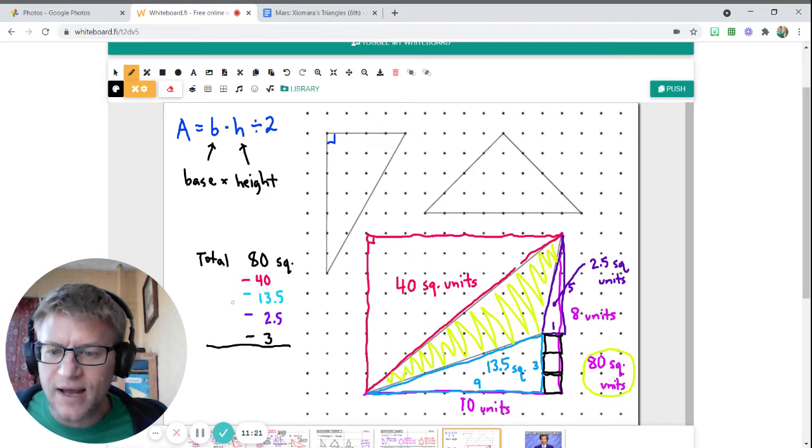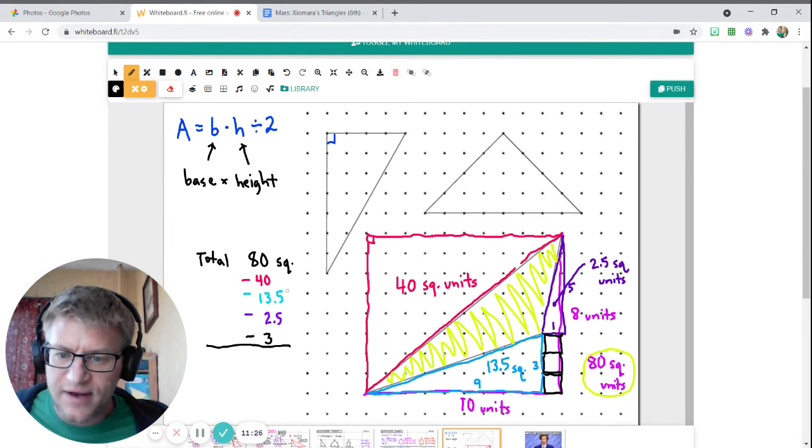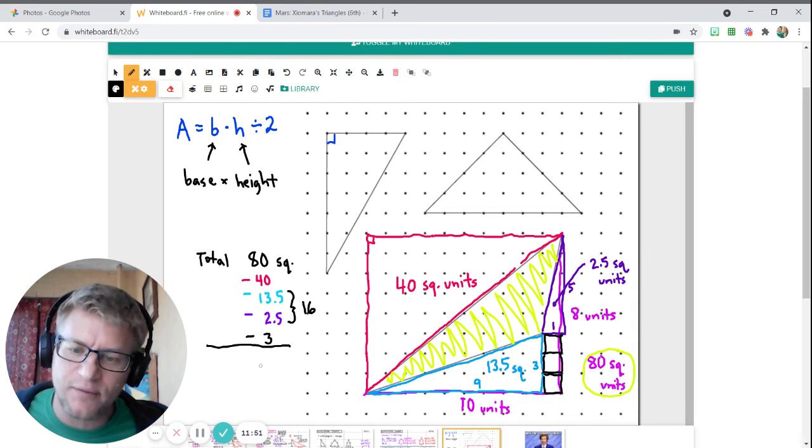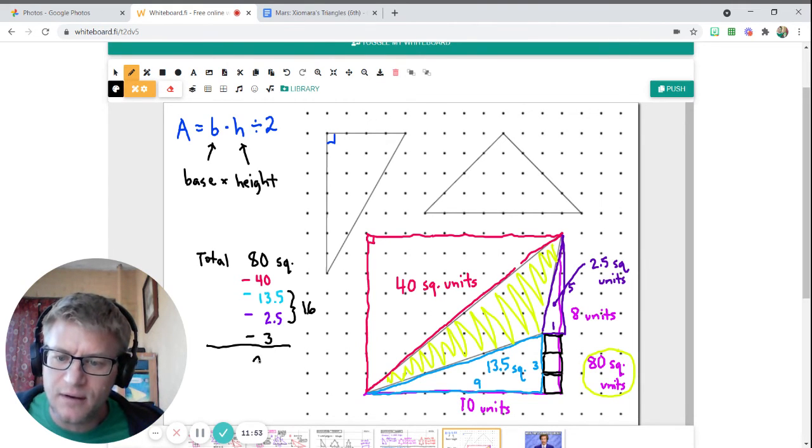I'm going to do some mental math here, step by step. I know that 13.5 and 2.5 together would give me 16. 13 and 2 is 15, 0.5 and 0.5 is 1, that would be 16. I know that 16 and 3 is 19. And I know that 80 minus 40 would give me 40. So I'm basically doing 40 minus 19. And 40 minus 20 would give me 20, so the answer must be 21